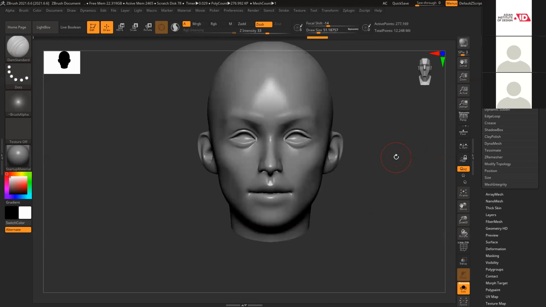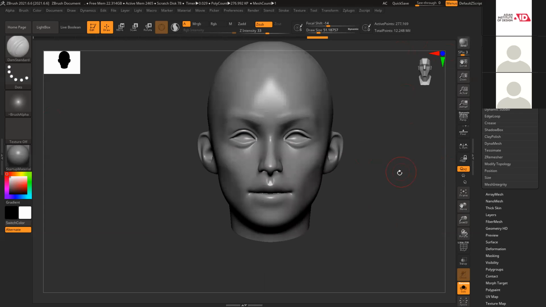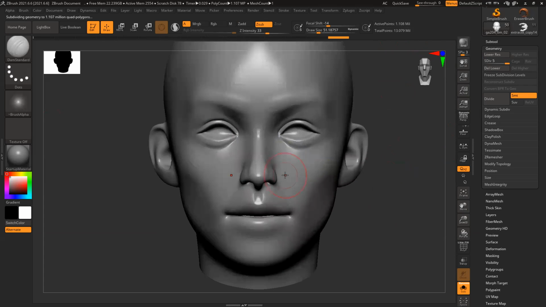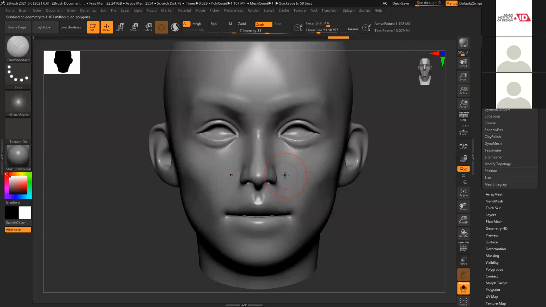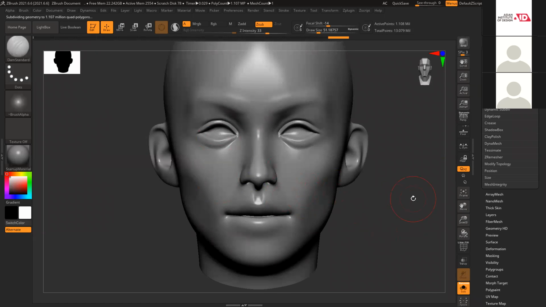Now I'm going to add details. So for adding details, especially for face and all, we'll be using layers. We won't do it directly on the model. I can see my model is pretty low poly, so I'll increase the poly count slightly. Control D, 1 million, 2 million, 3 million is more than sufficient for face. So face is all smooth, clean. There is nothing fancy.